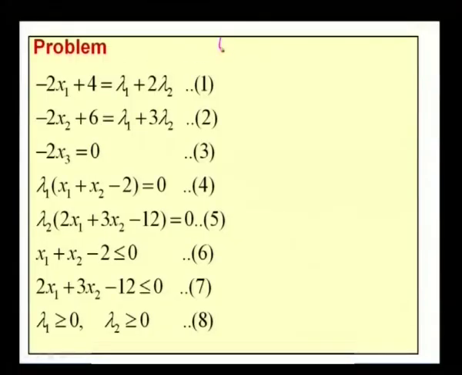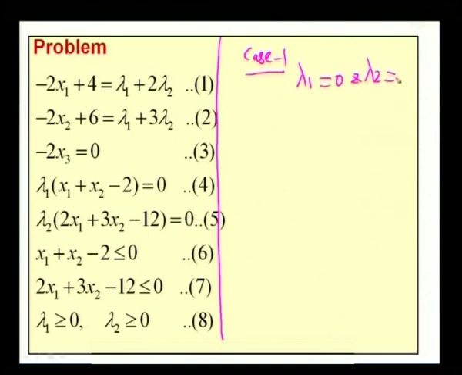Now, with the help of these 8 equations, we try to find the solution. I will consider the first case. Case 1 is both lambda 1 equal to 0 and lambda 2 equal to 0. I will consider the case where both the Lagrangian multipliers take the value 0. If both lambda 1 and lambda 2 are 0, by substituting these values, equation 1 gives us